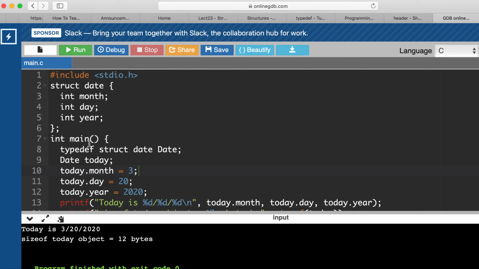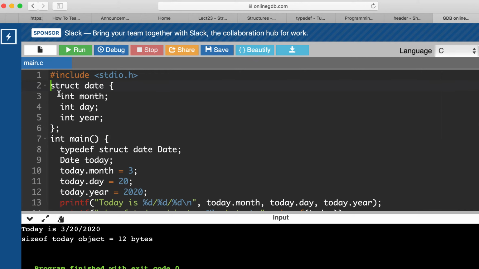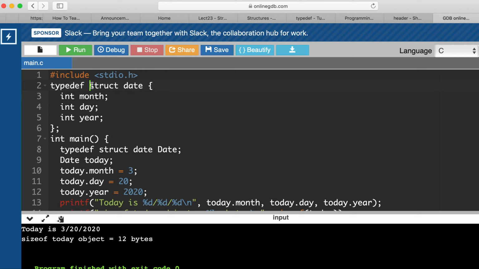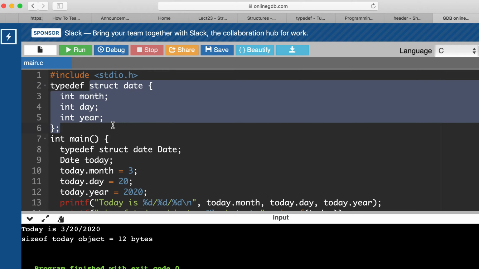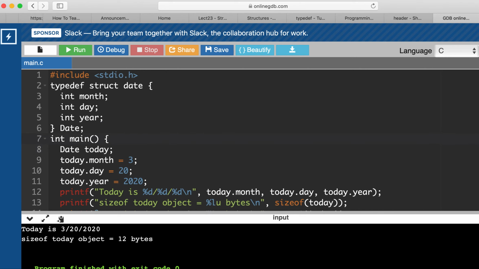And then you can shorten that even more. Instead of having this as a separate line, we can combine this alias, this typedef line, along with our definition of what is a structure date anyway. So we could say, I want to typedef, I want to create the alias, and here's what I want an alias for, and here's my shortcut name for it, date. And now I've done this already at the same time as defining what a date is,